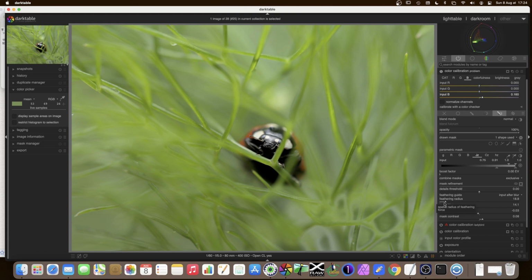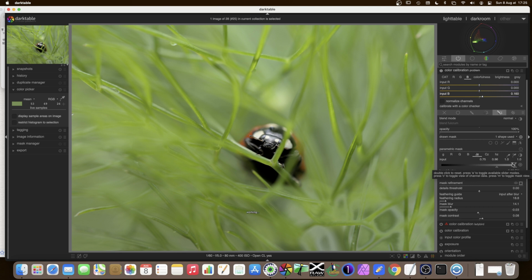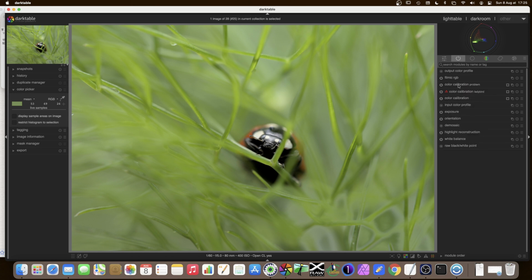Actually, it wasn't too bad. It needs a bit of work, to be honest. If I exclude a bit more, we're actually focusing on this area now. As you see the changes, you probably think that it's not looking too good. But if I go back to what it was like before and back to what it is now, you see